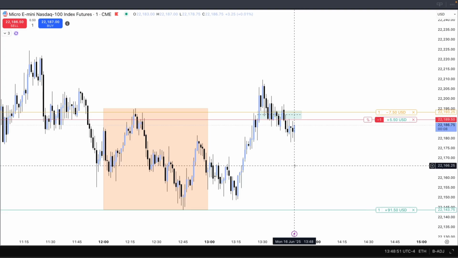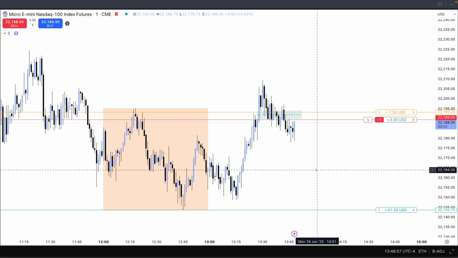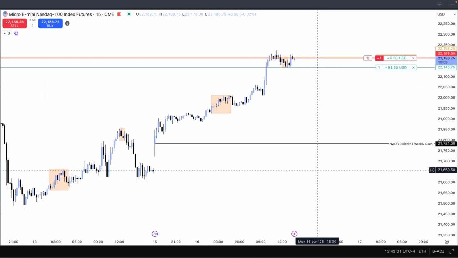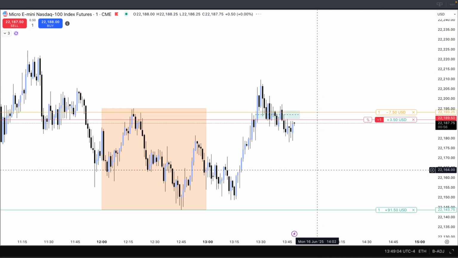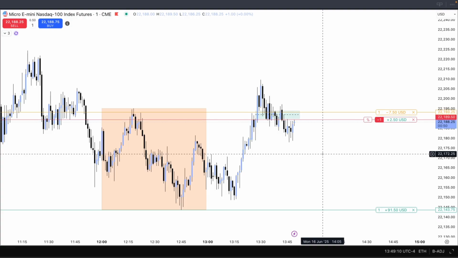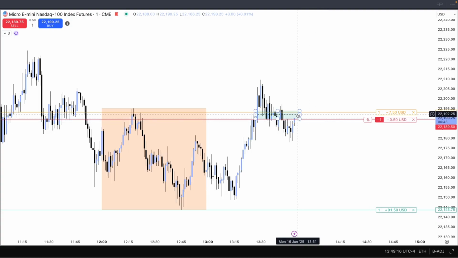And so I was really keyed in on that box I drew, which is a FVG that we inversed. And I want to see that act as support to go lower. And I was really keyed in on the dash line, which is 50% of that range. And I didn't want to see price trade back up into the upper half of the FVG. You see how it wicked above 50%? That's fine. You see where my stop's at?